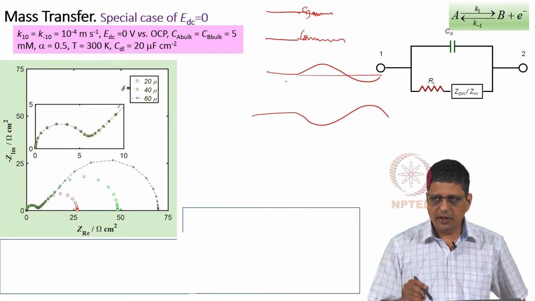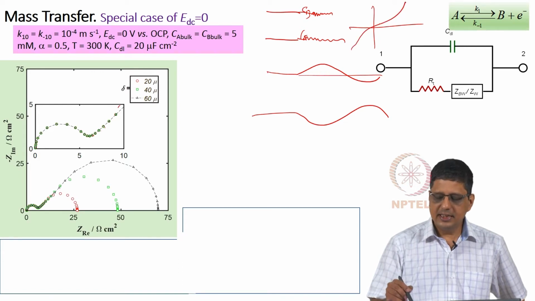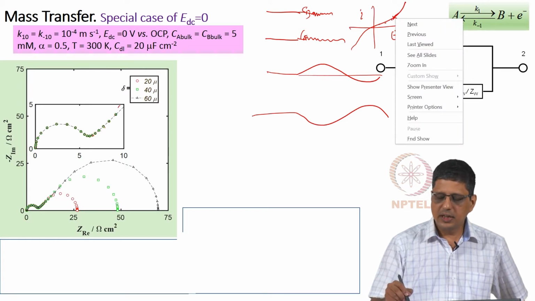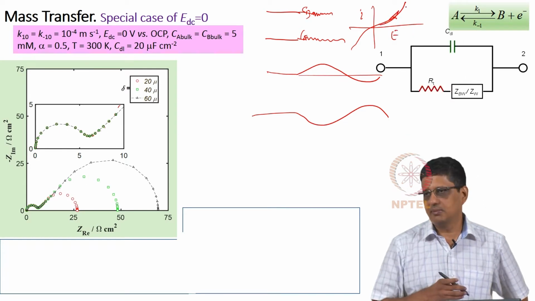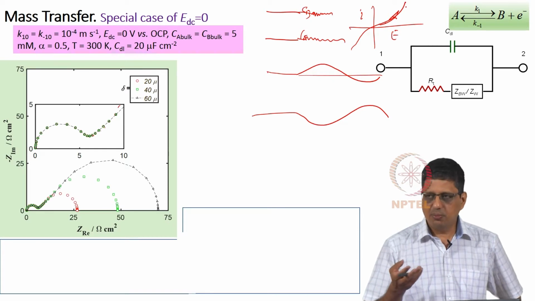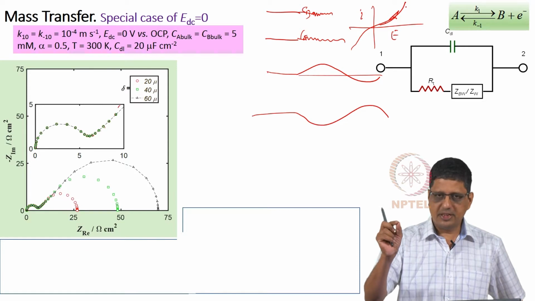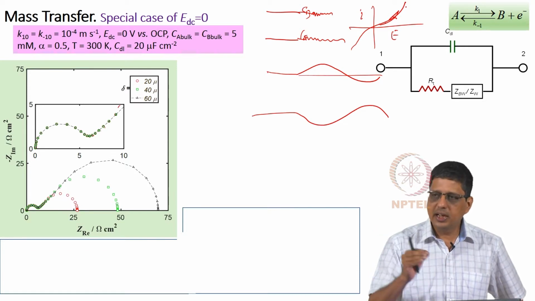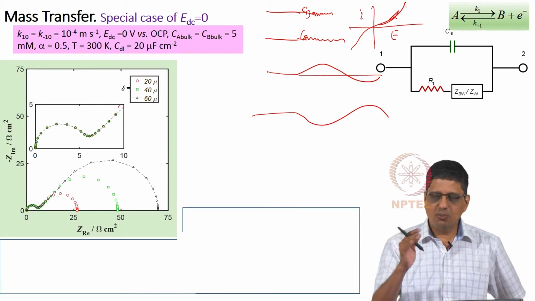So, when I go to low enough frequency, as the potential changes, you can almost look at the DC curve and say, from here I very slowly increase the potential to this and slowly decrease the potential to this. I can say this is how the current will also increase and decrease. In potentiodynamic polarization, we go to a potential, measure the current, go to another potential and measure the current, and practically we end up doing it at a slow scan rate, which means we are thinking it is more or less at steady state.